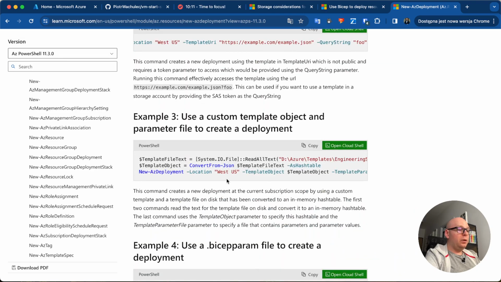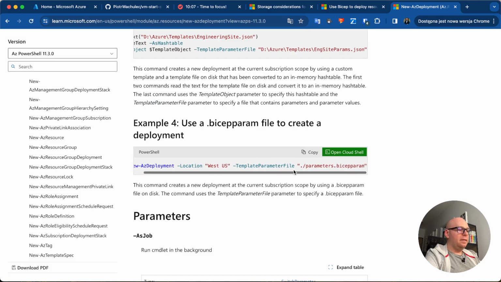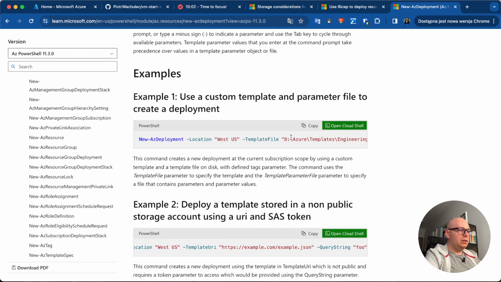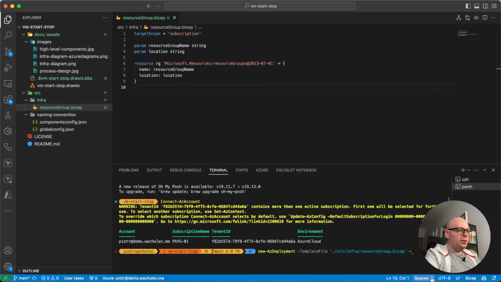For now, I will use explicitly defined parameters. As I remember, I can just put them as flags. So I will use location Poland Central, and resource group name as